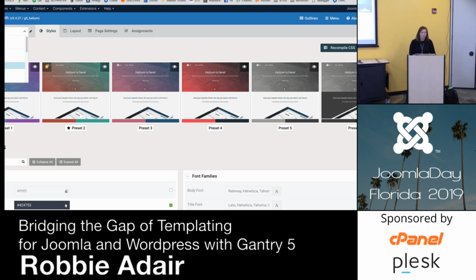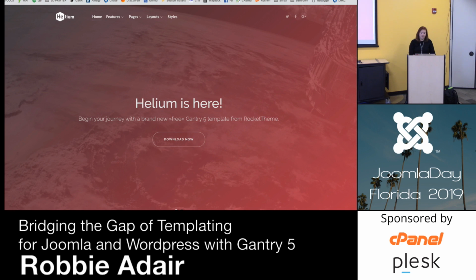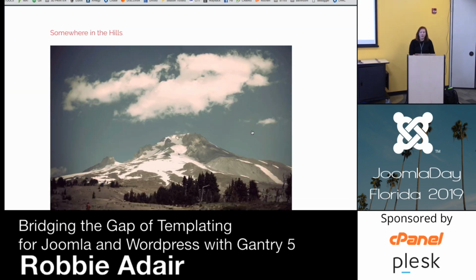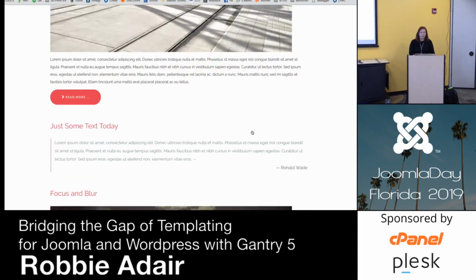Local server here, that's my problem I've got going on. And then on the inside pages, they're all going to be the red. I'm just going to show you this on the Joomla one since my WordPress one's not going to do those. So there's my home page, right? But then once I go inside of one of these pages, I've gone back to the red scheme. Okay.